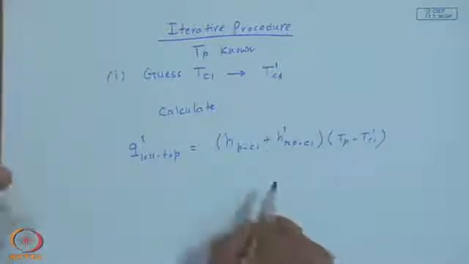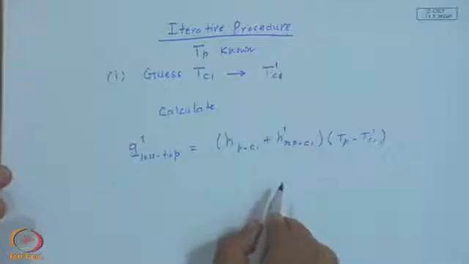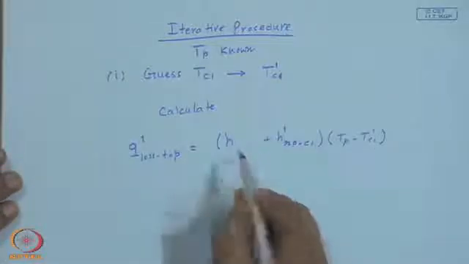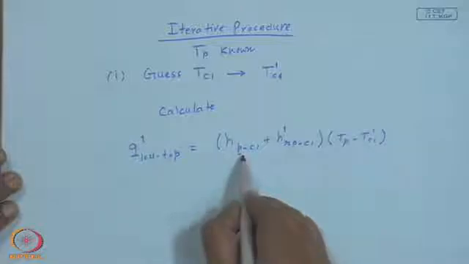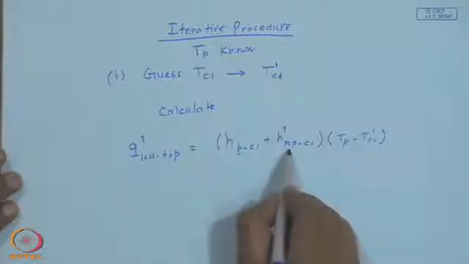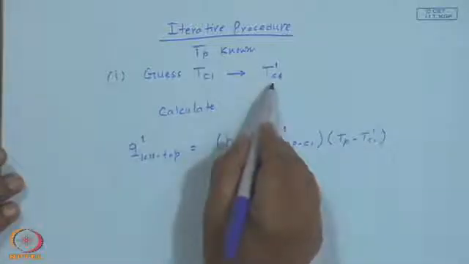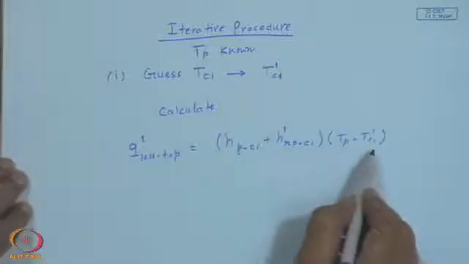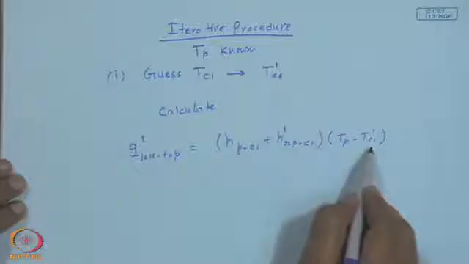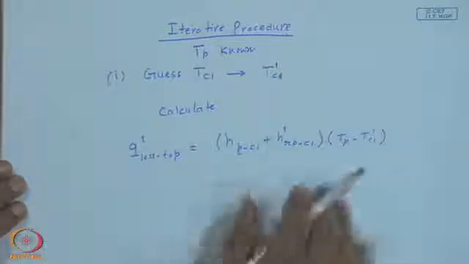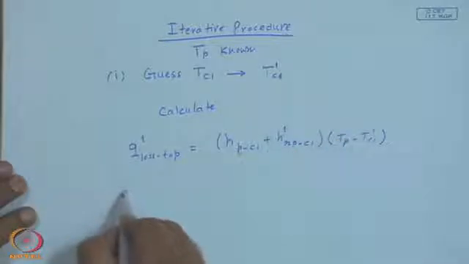So, let us be very clear, we guessed a value for T c 1 as T c 1 1. The loss that is obtained from plate to cover, because I know the plate temperature, is the convective heat transfer coefficient plus the radiative heat transfer coefficient estimated with the guessed temperature of T c 1 1 multiplied by T p minus T c 1 1. Now, having this Q loss top